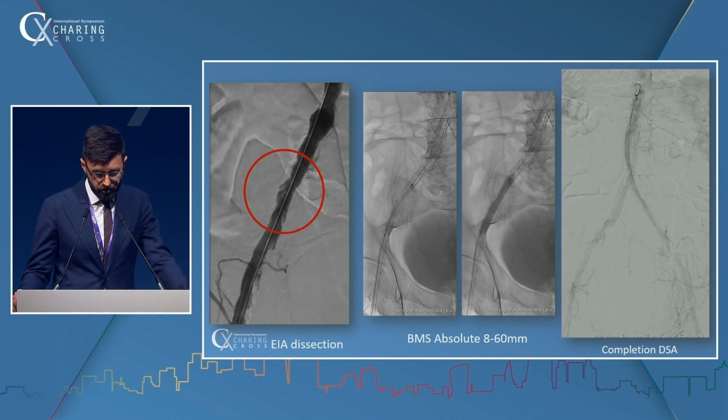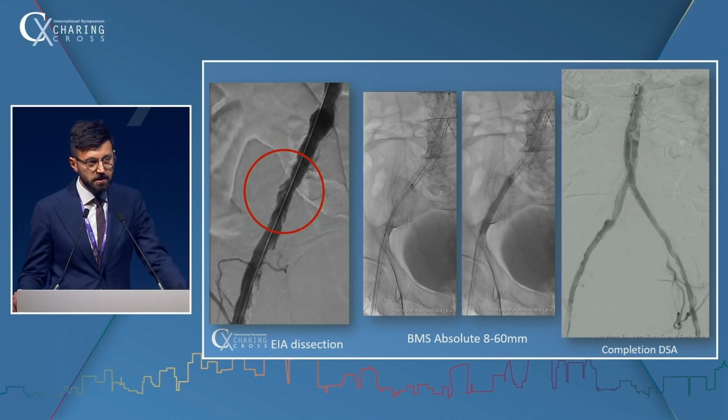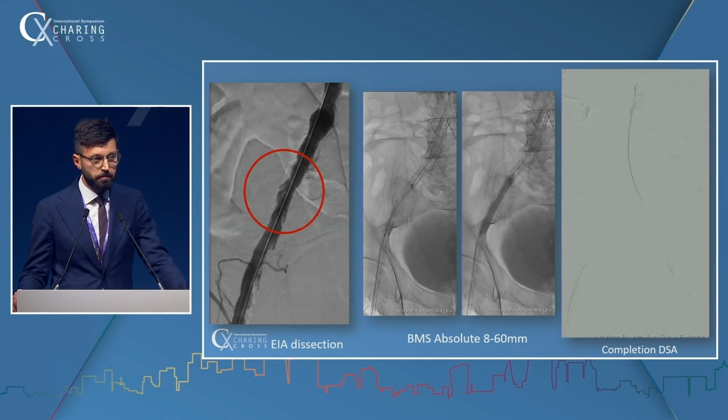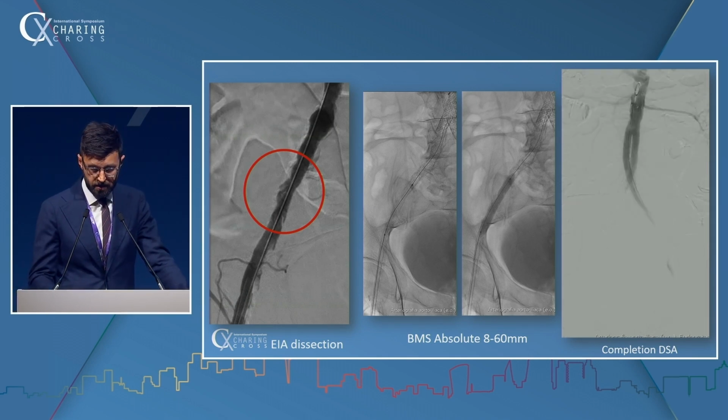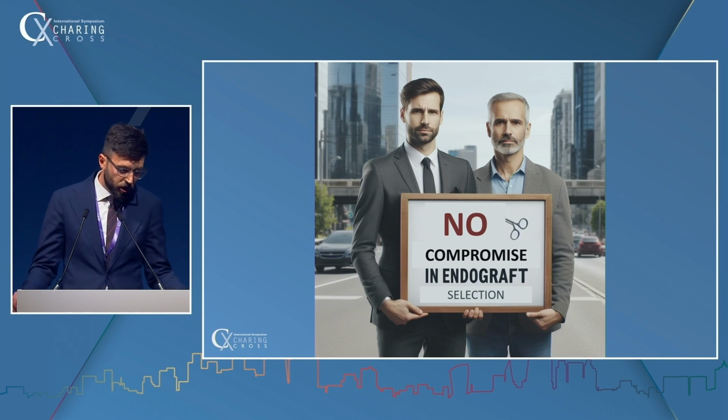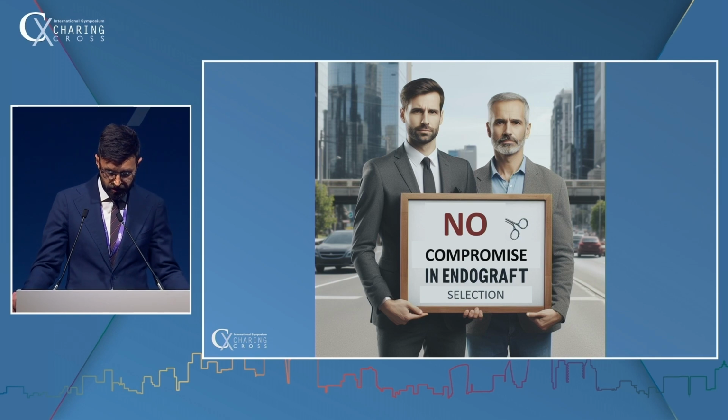And now the completion angiography shows a very nice result, a complete reconstitution of both iliac axes and a brisk flow inside the limb. Dear colleagues, to conclude, please do not accept any kind of compromise in endograft selection, and